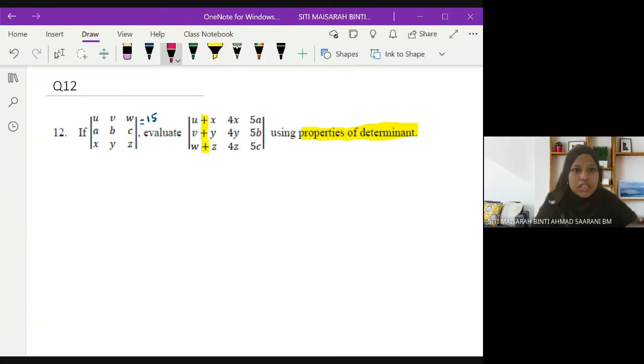So for this case, U plus X for X 5A, V plus Y, W plus Z, for Y, for Z, 5B, 5C. Okay, you can split